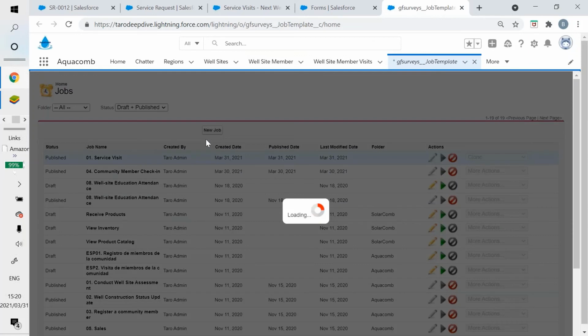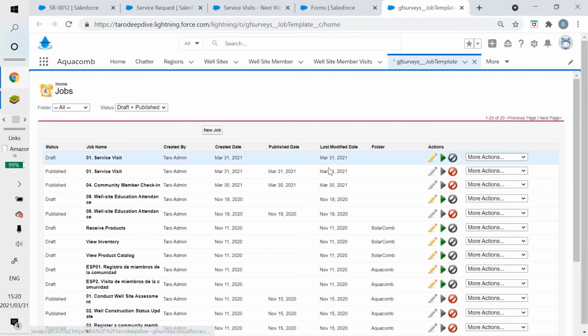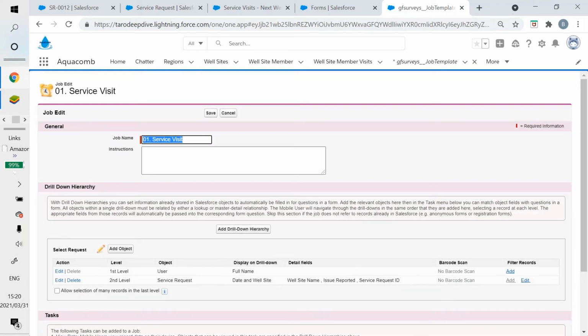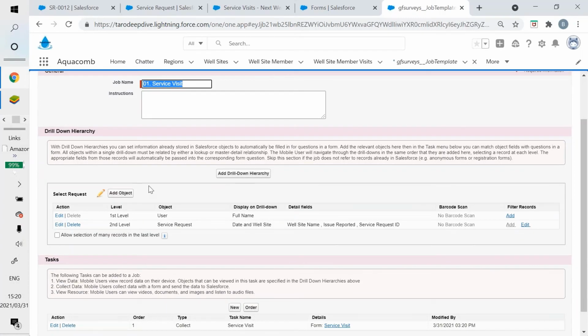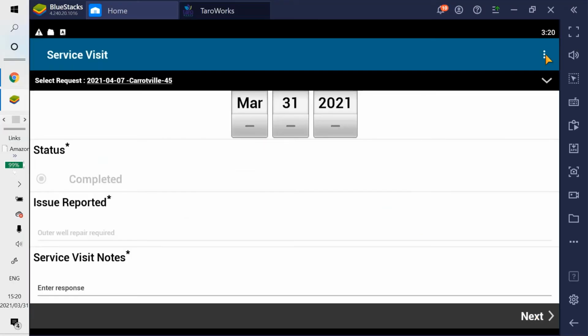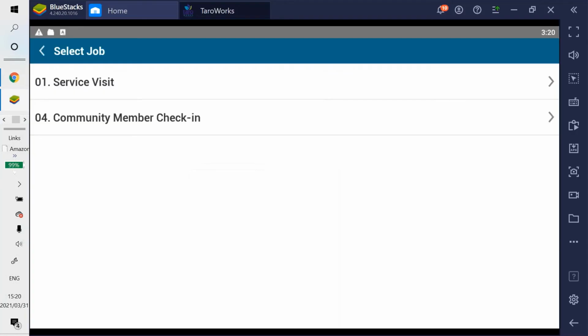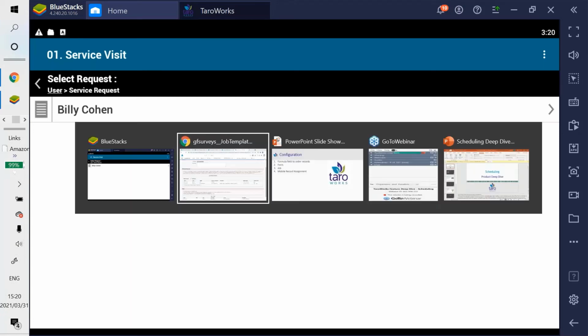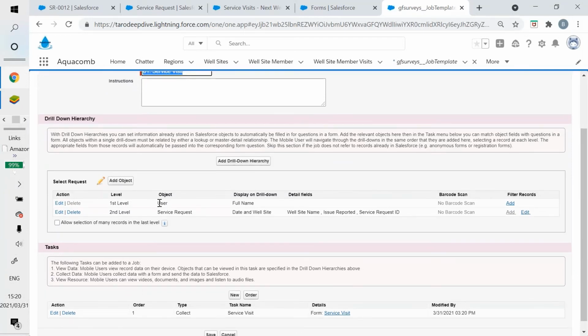So if I quickly clone the service visit job, okay, so the drill down hierarchy, as we've seen in the job, starts at user and then traverses down to service request. Right, and that's because we are assigning specific service requests to specific users. We call the users technicians. And so this drill down hierarchy, again, it's nothing really specific about scheduling, but we have two levels, user and